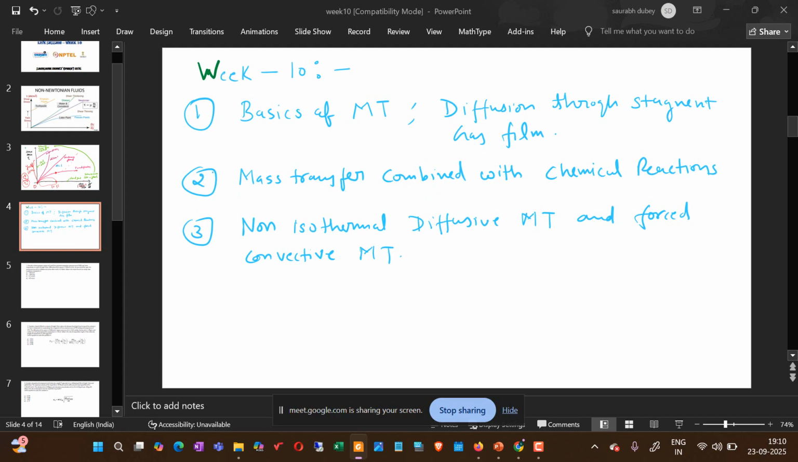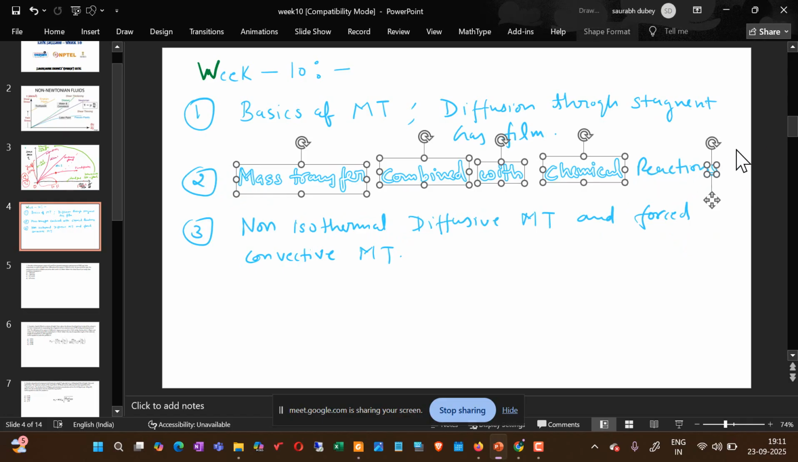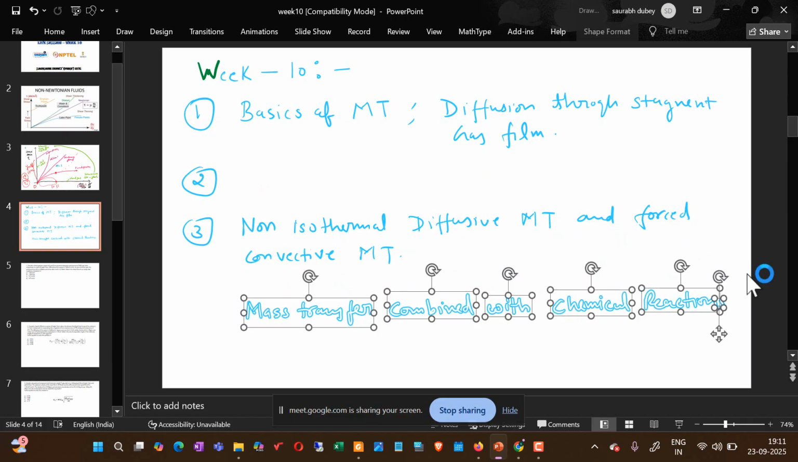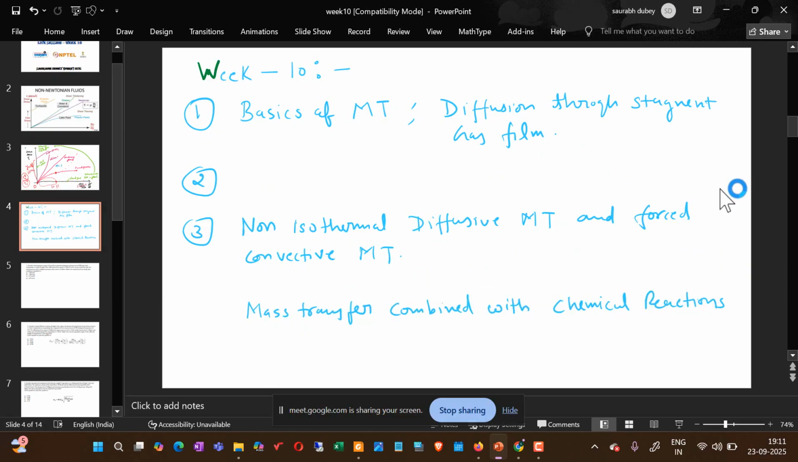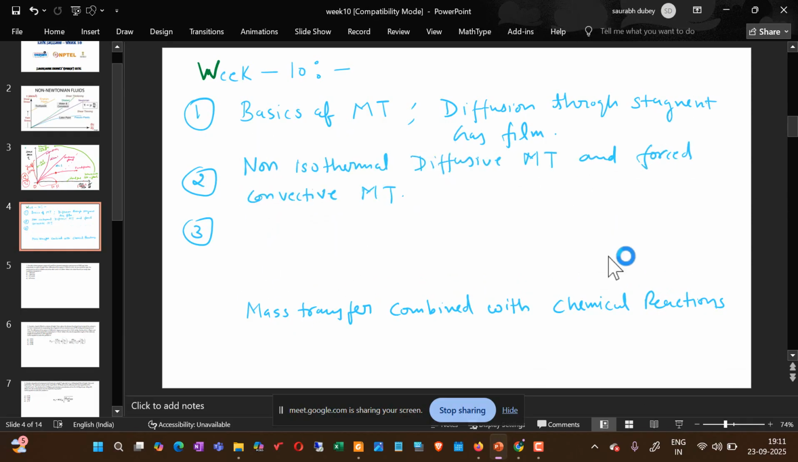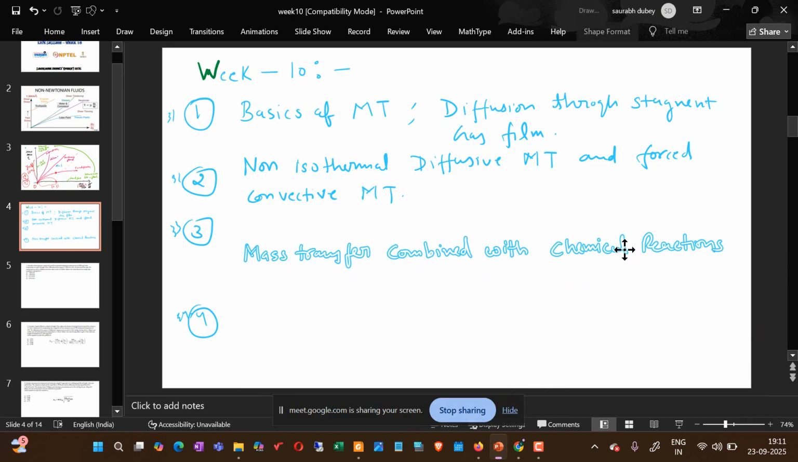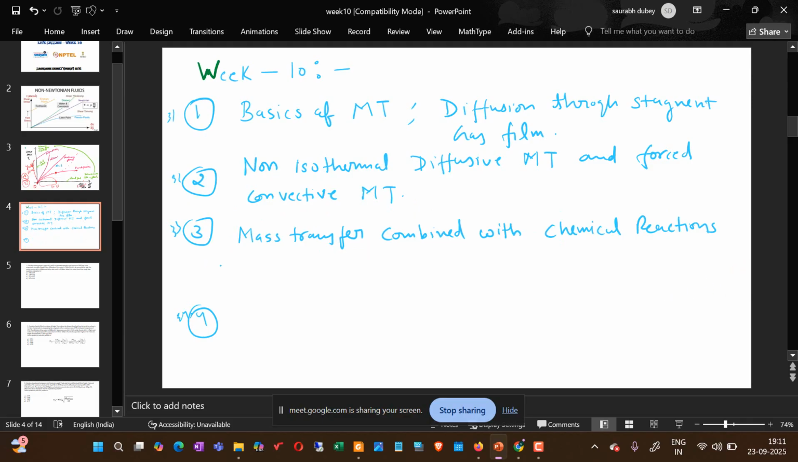So this was the last one. This was 30, 31, 32, then 33, and 34. The 33rd lecture was non-isothermal diffusive and forced convective mass transfer, and the 34th lecture was simultaneous